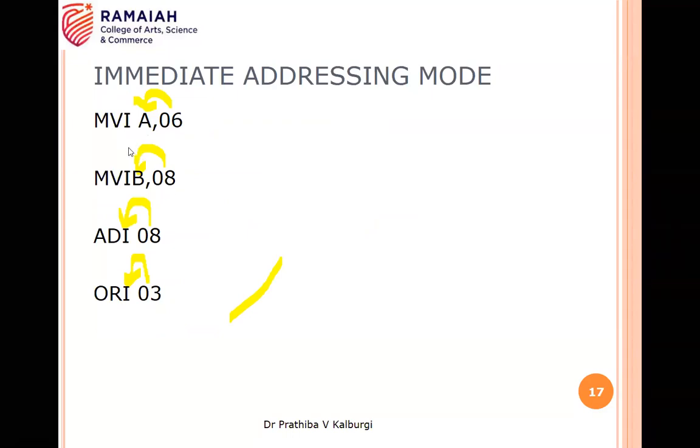The instructions which end with I come under your immediate addressing mode. The best examples are move immediate, OR immediate, subtract immediate, add immediate, and so on.